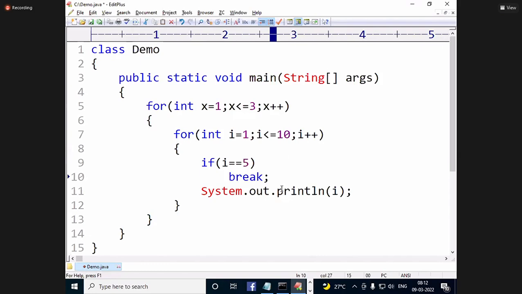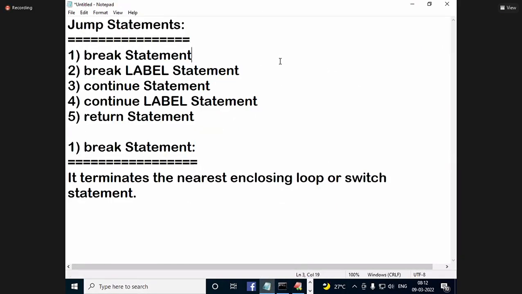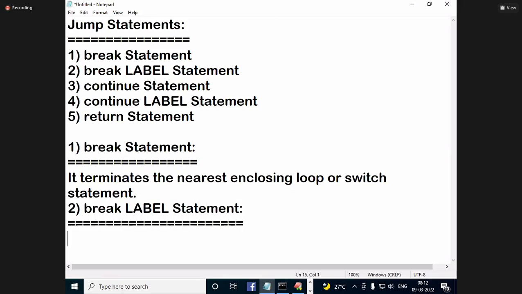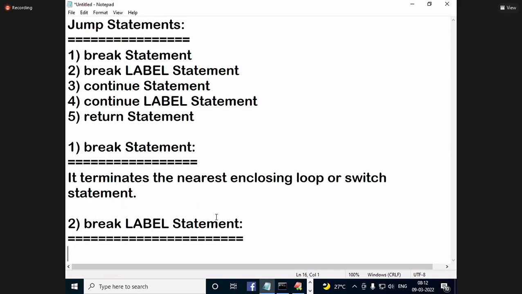Suppose, second one, break label. Note this one. The break label statement is not there in C++, it is a new concept.